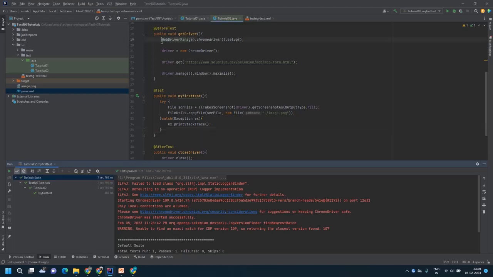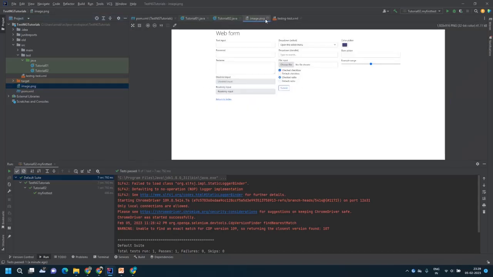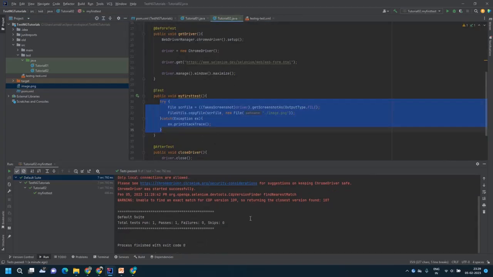First it runs this before test method. If a method is annotated with the BeforeTest annotation, that will always run first. So it ran first, then it took the screenshot. You can see the screenshot is here. It took the screenshot, then it closed the driver. Okay,